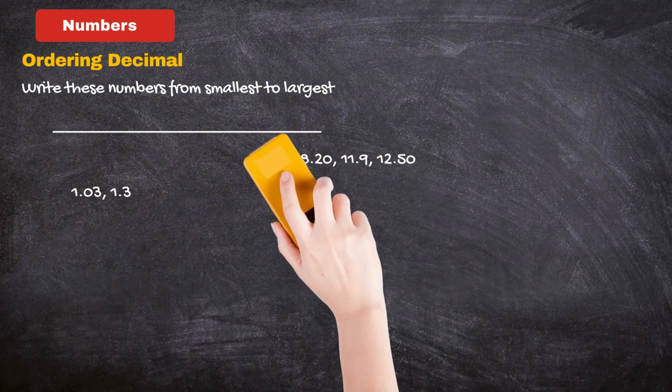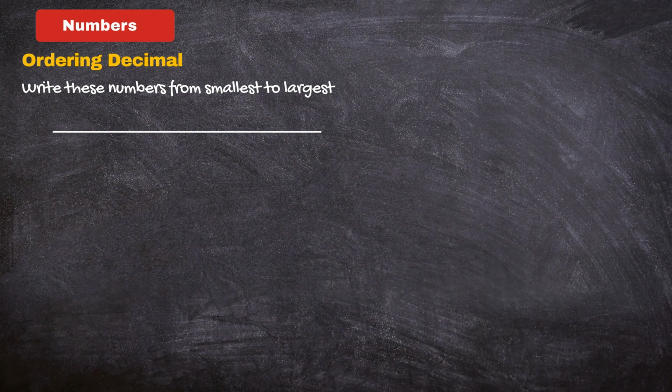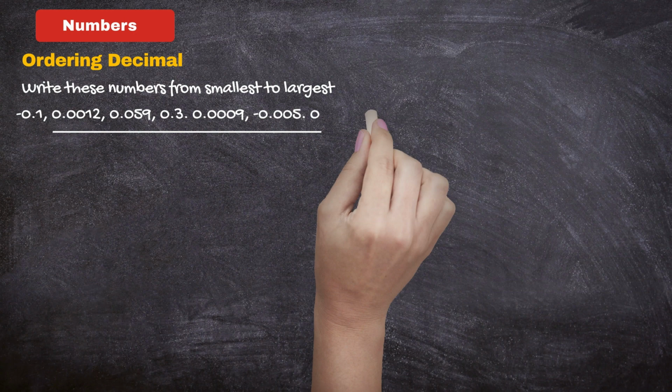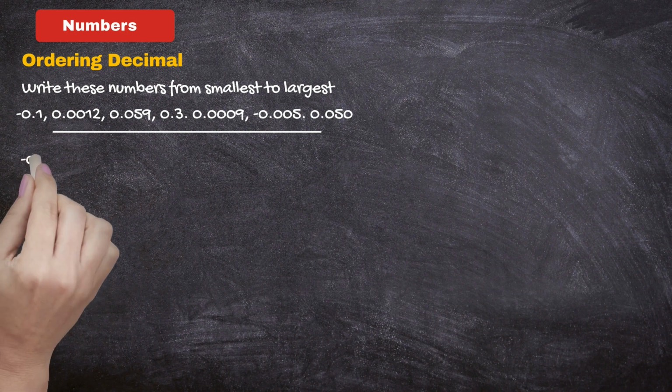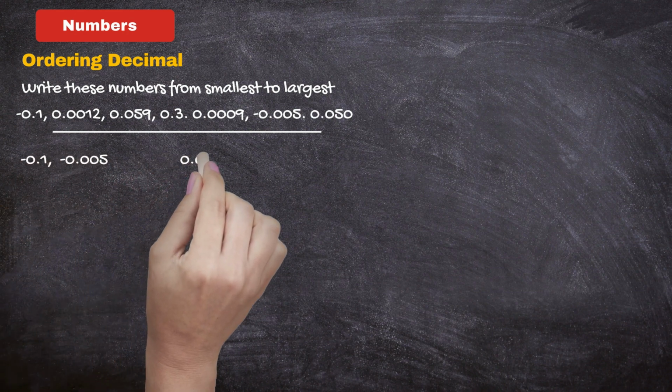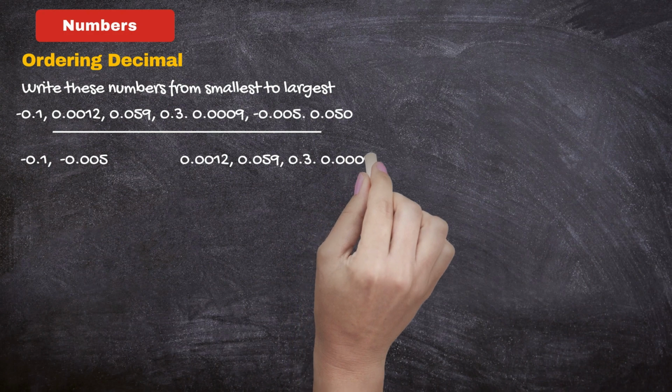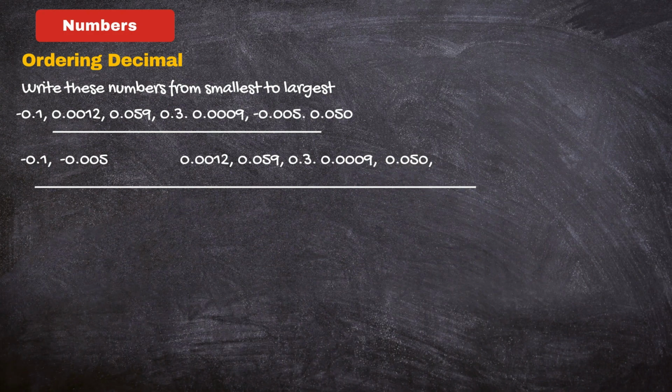Let's have a look at a more complicated example. In this example, not only do we have decimal numbers, we also have negative decimal numbers. Try to pause the video and solve the problem. The first thing we're going to do is put them in two groups, negative and positive. Because we have more positive decimals, we're going to group the positive decimals by the number of zeros at